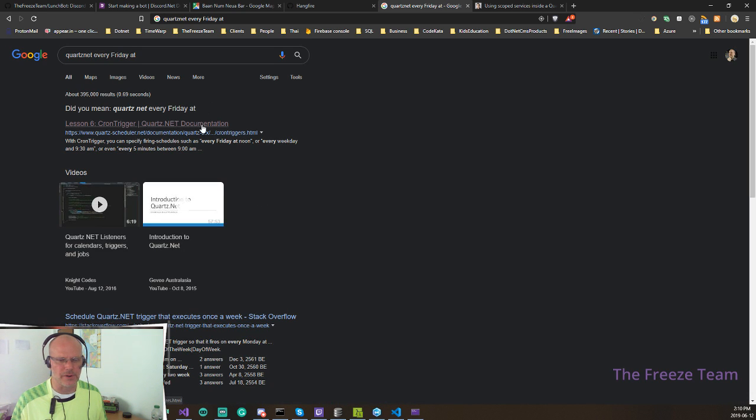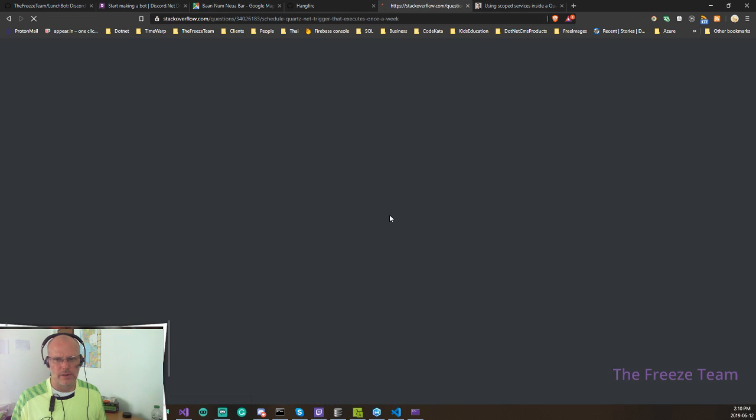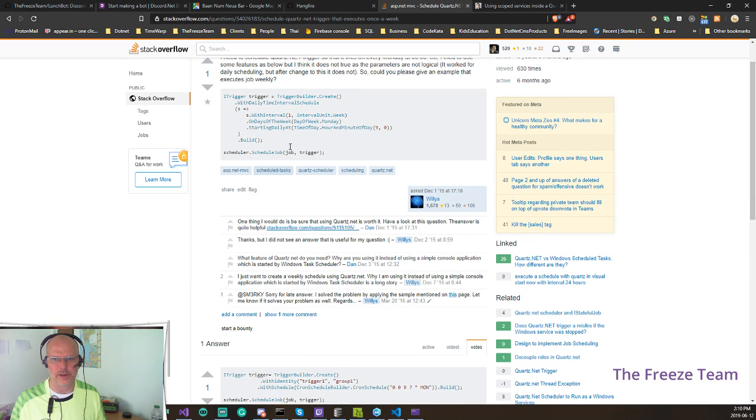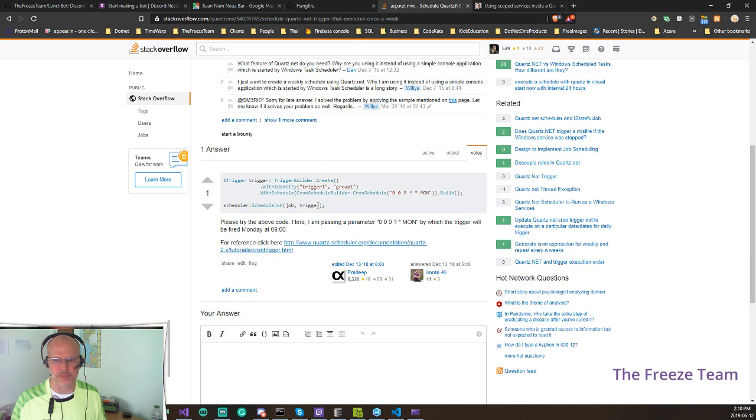So here's a cron trigger on Quartz. Schedule Quartz triggers and executes once a week. All right, that's once a week, but what time? How does he set the one time? Starting daily at, on days of the week. I guess starting daily at will do it for me, maybe. Let's see, that's the question. Maybe we should get in the,